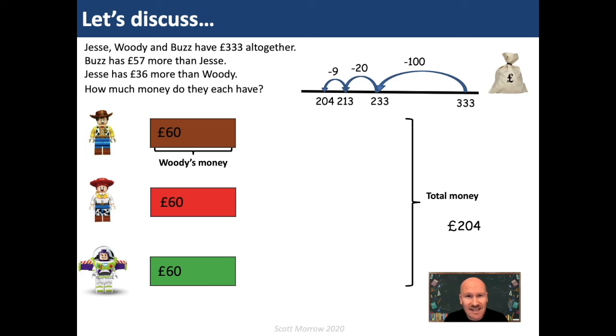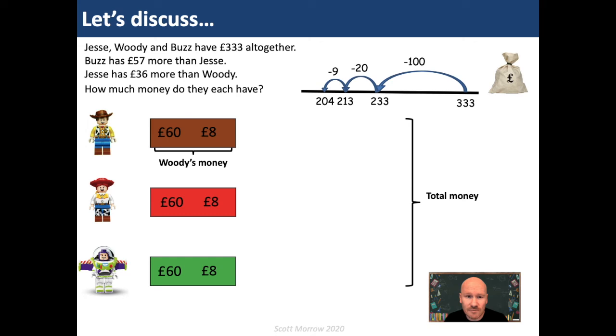So if I put 60 in each of those parts, that means I've shared out £180 of that £204. I've only got £24 left to share out. And I know that if I share £24 between the 3 parts, I can put £8 in each part. That's me shared out the full £204, so I can see that each of those unknown parts is actually worth